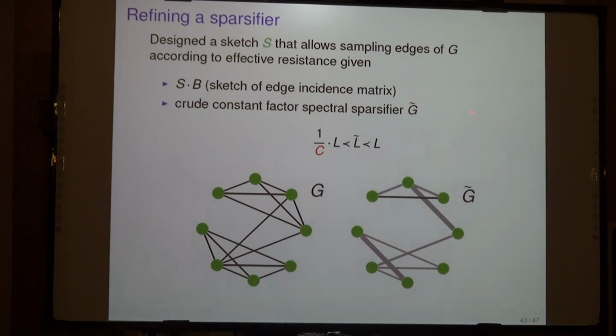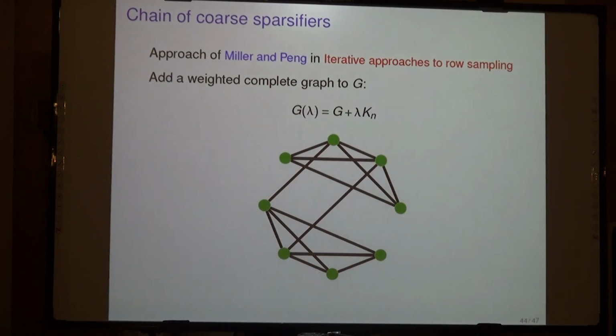Remember we started with the following question. We are given a crude spectral sparsifier G tilde of G, and we want to design a sketch S times B such that from these two pieces of information we can refine a sparsifier, namely go from G tilde, which was a bad constant factor approximation, to a 1 plus minus epsilon approximation. But this was assuming that somebody gives us G tilde, and that's tricky because nobody does. How do we get out of this? Well, we resolve this issue by using a very nice approach from a result of Miller and Peng